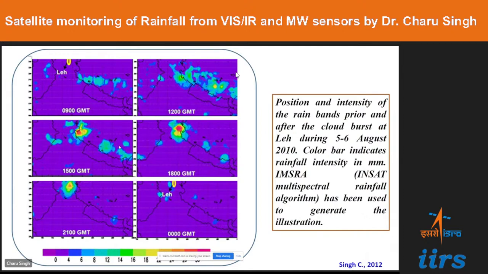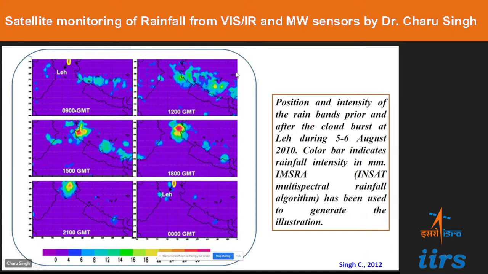Now here is the application of the satellite data sets for the progression, or the movement, of the rain bands prior and after the cloudburst events. In this particular case, the INSAT-based data set, that is the IMSRA-based data set, IMR, has been used for the analysis of the rain band progression across the northern region of India. In this case,